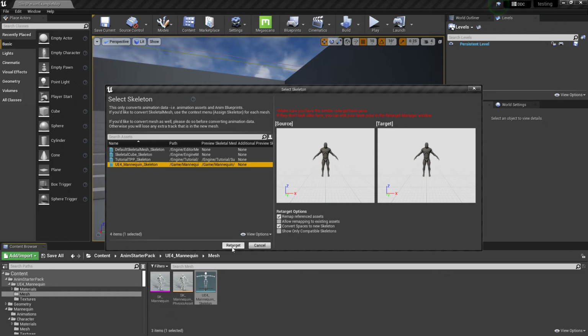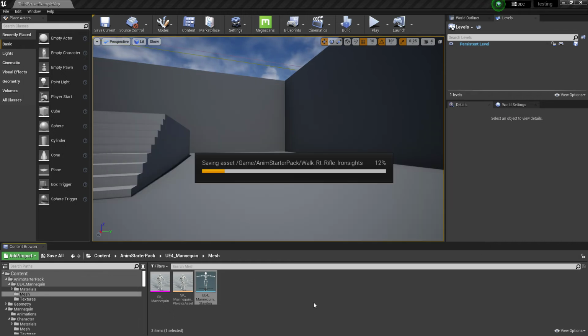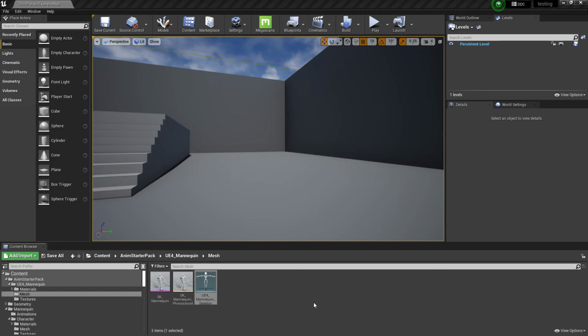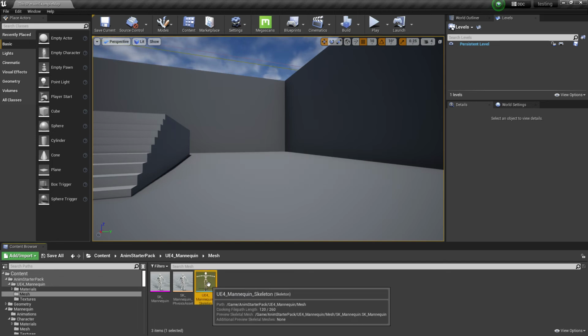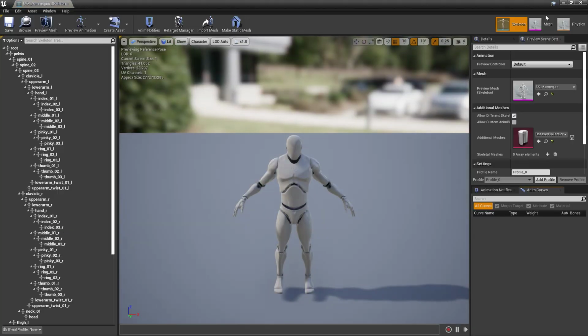So we just want to move our data set from our Anim starter pack over to our project skeleton within this kind of flow. We can do the same thing, of course, with different meshes and so on. And then we just go retarget. When we hit retarget, it goes and does its thing, it reorganizes, out it goes, boom, it stops. Now if we select our skeleton here, we open it up, our animation is gone,